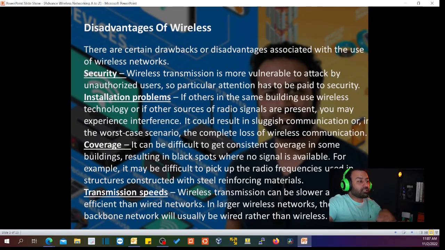Excuse me. There's another thing which is called an installation problem. If others in the same building are using wireless technology, or if other sources of radio signals are present, you may experience interference. Guys, one of the very common things in wireless devices, and I'm telling you, very common, is wireless interference, wireless channel conflict. How to resolve it?